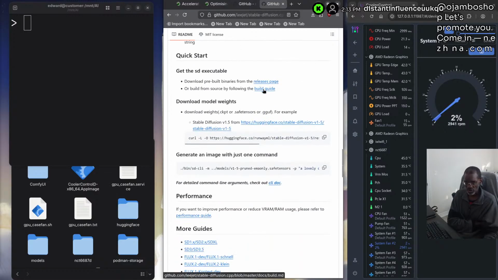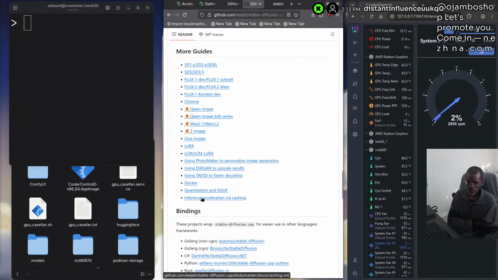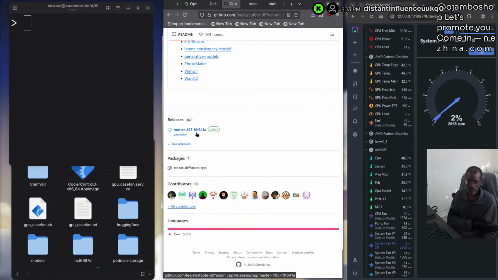So this is the build guide here. I'll show you that in a second. And you can see here, you can quantize the GGUF. So the one I'm more interested in is this one here, TAESD for faster decoding. Open up in a new tab, and here the latest release came out just yesterday, so I'll